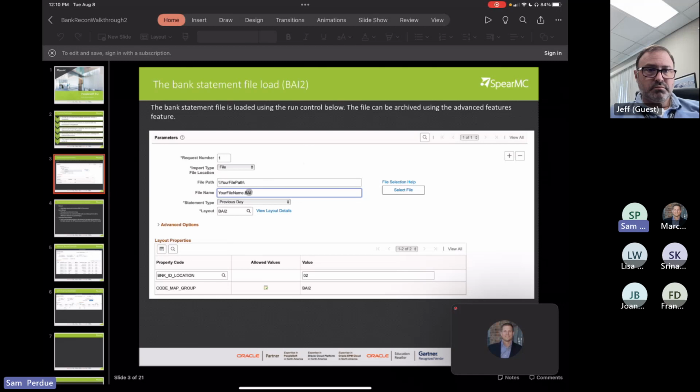You have your path, your file name, the layout that's being used, and it's scheduled and it runs, right? And it populates your bank statement records. So